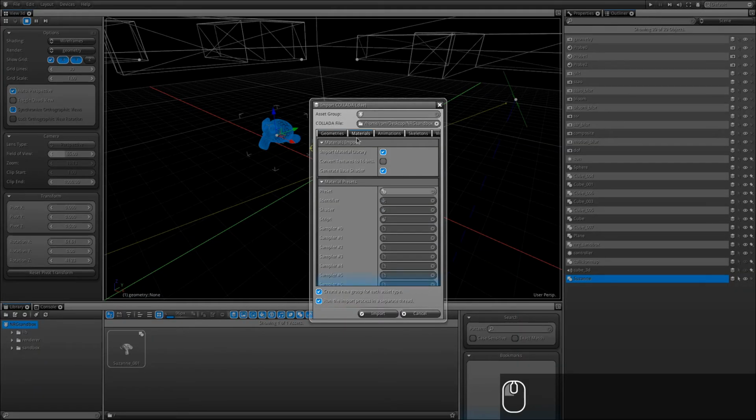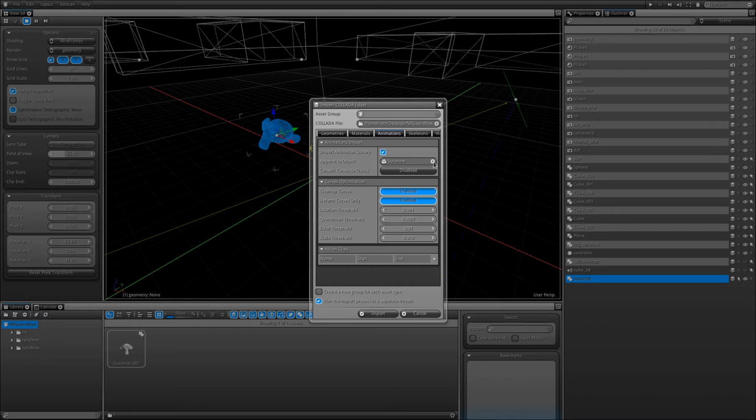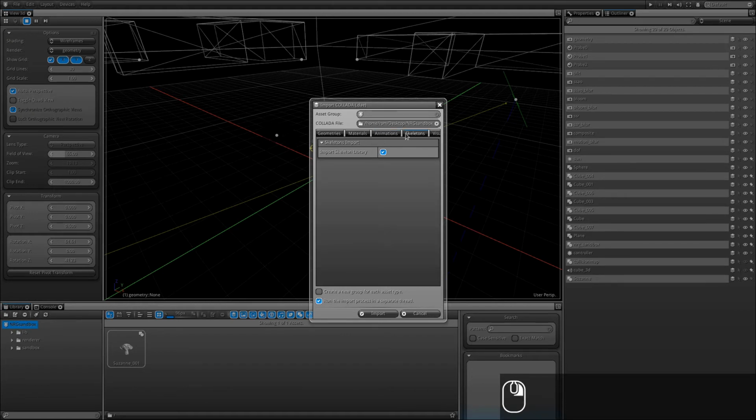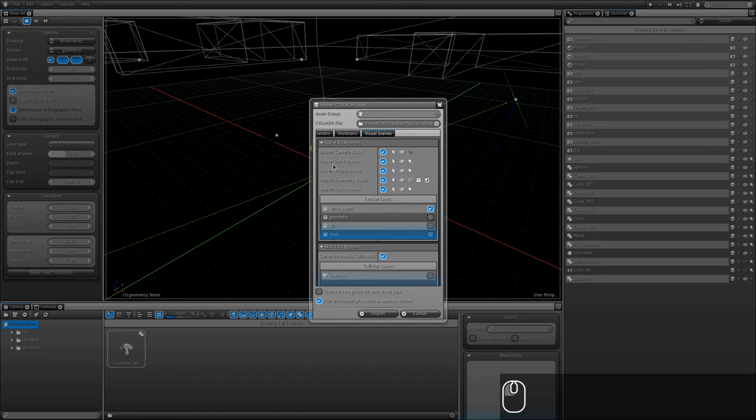Geometries, yes. Materials, I'm going to turn it off again because I'm going to show you another way of adding material to a specific object. Animation, yes, I want to import animation because it is a skeletal mesh, but I do not want to apply the animation to the Suzanne object, so I'm going to click here to turn that off. Skeletons, yes, my XBot does have a skeleton, and I am going to do the same thing as I did